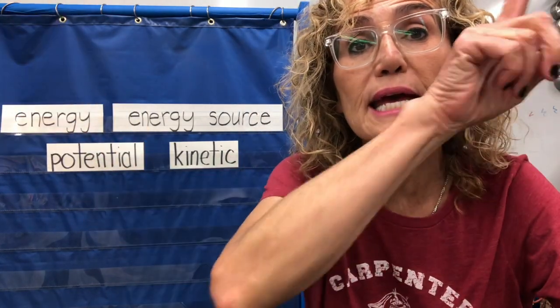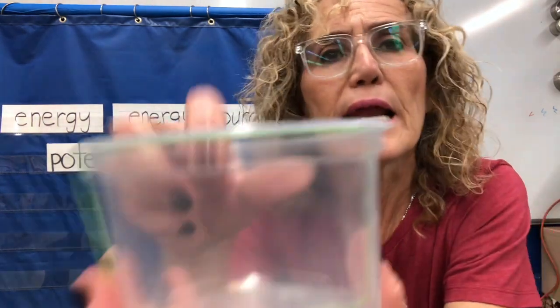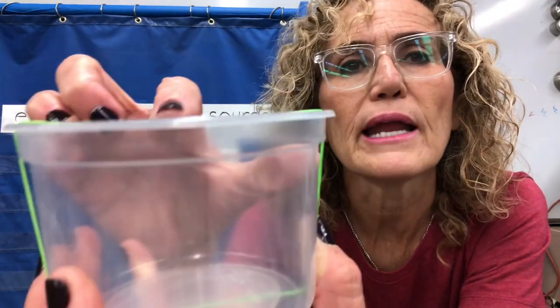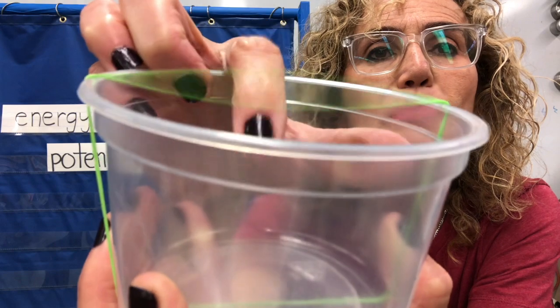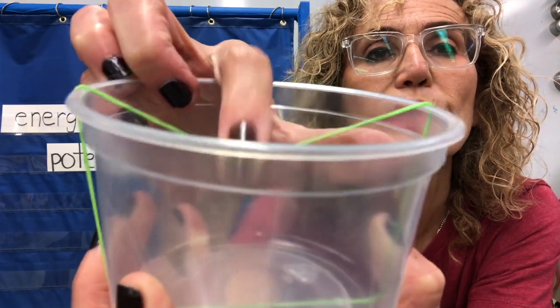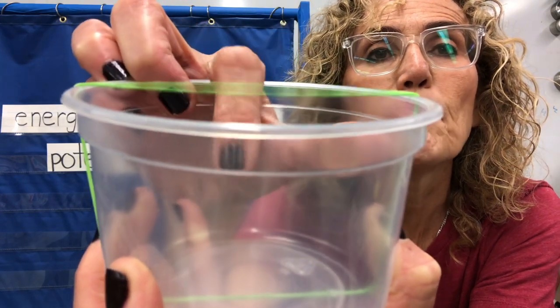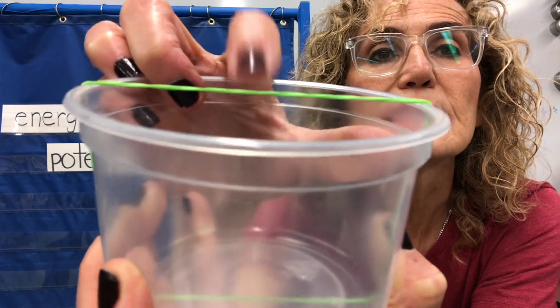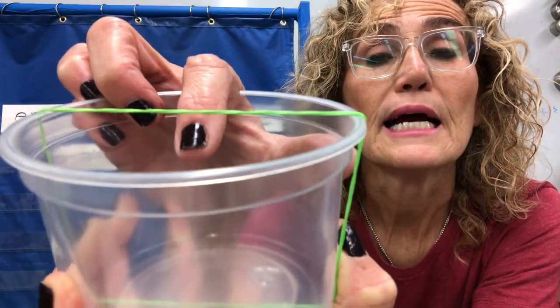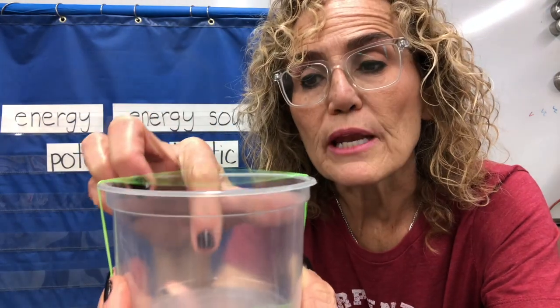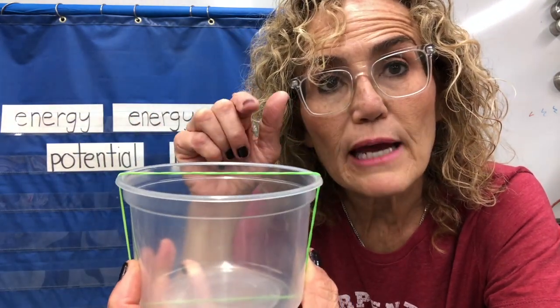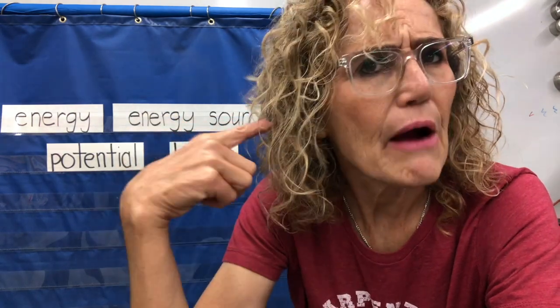Waves. Well, we think about waves at the beach, right? The waves come in, and if you're a surfer, you like to ride the wave. But another type of wave that we talk about a lot is a sound wave. I have my little bowl, and I have a rubber band on it, and I can pluck the rubber band and it makes sound. And you can see that the rubber band is moving back and forth very quickly. It is vibrating.